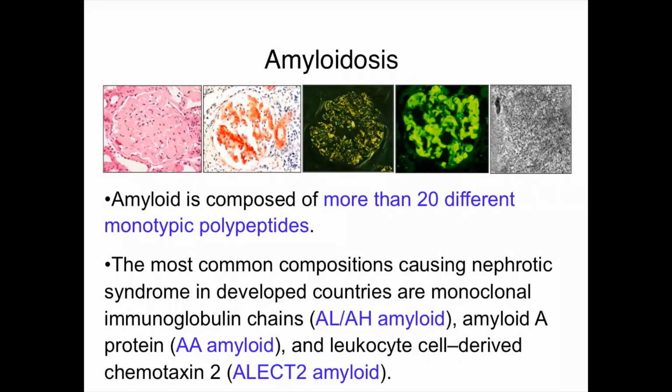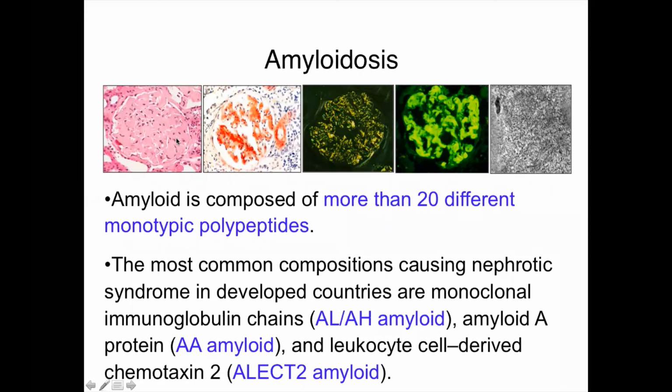If you look at the chapter, there are more than 20 different types of amyloidosis, but thankfully most of them are salmon colored for Congo red, and they have the same look on electron microscopy. So regardless of what type of amyloidosis we are dealing with, they share these features, and it will be negative for